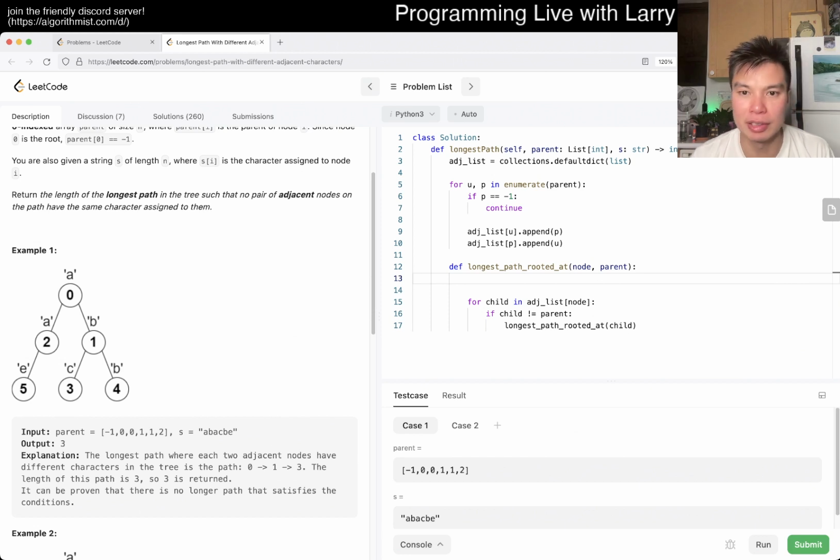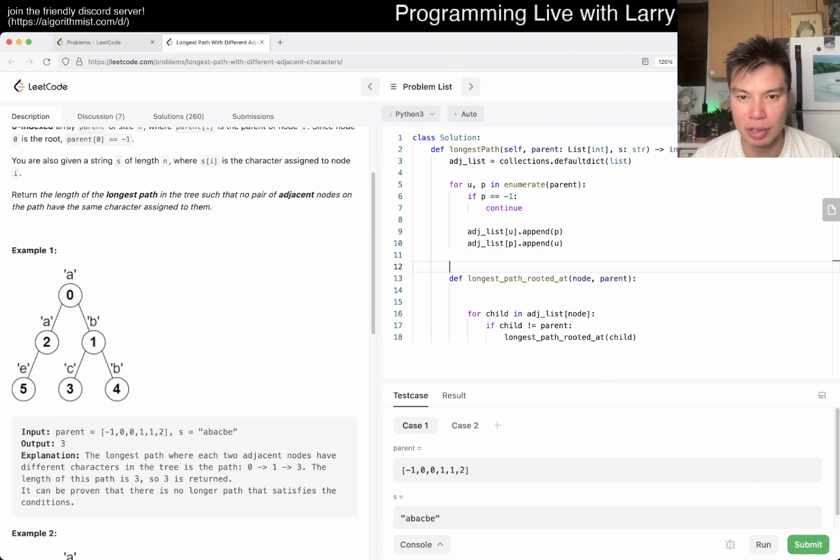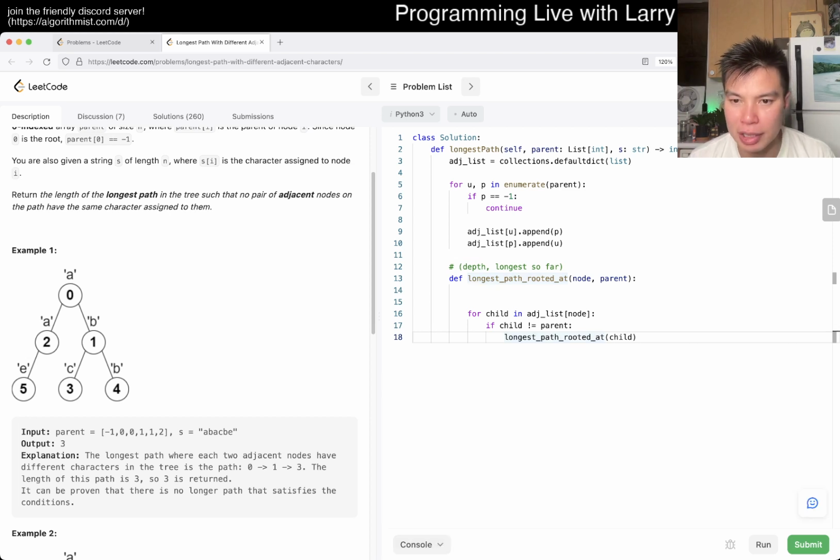So maybe we return a tuple where you have the depth and the longest path so far. In theory, you can also do it with a global variable for this one. Okay, so now we have to keep track of the longest two, and you could write this in a couple of ways, maybe even with a 2-element heap if you really want. But maybe I have something like longest is equal to this,